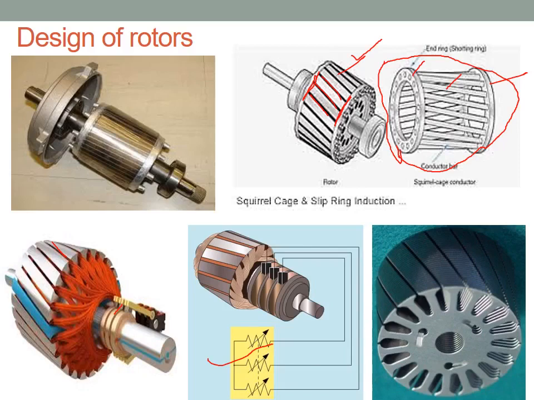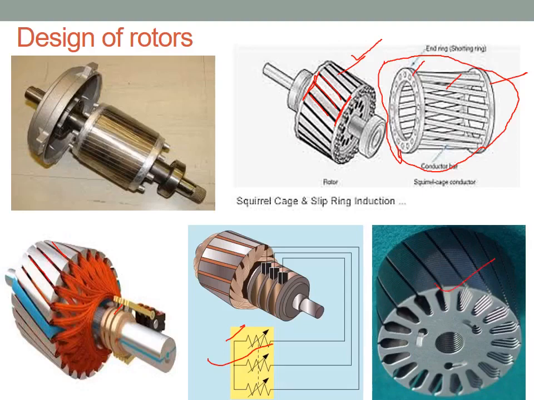So in case of slip ring wound rotor, during starting only they add external resistance. Once the speed picks up with high starting torque, this external resistance is removed. After that much torque may not be required, so the external resistance is made zero. Because of this, efficiency will be very high. So here it contains winding. It is star connected, and you can see these windings are embedded in the slots.